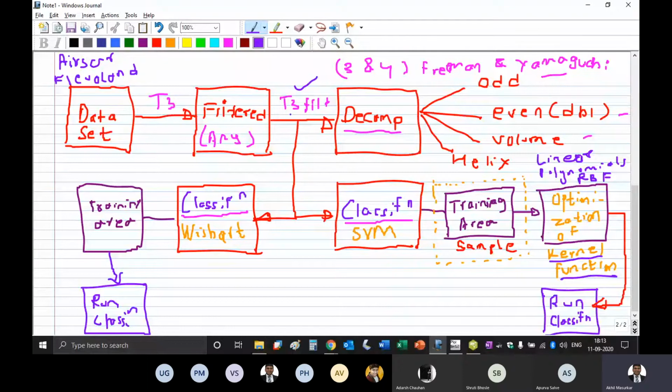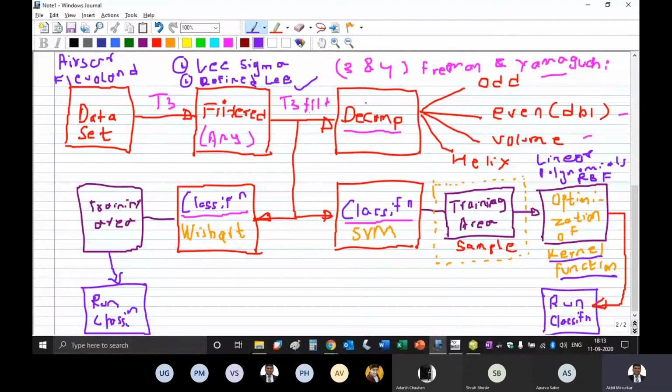The filter that we will use is Lee sigma, and probably later you can try this with refined Lee. So we are going to use two filtering techniques, Lee sigma and refined Lee.